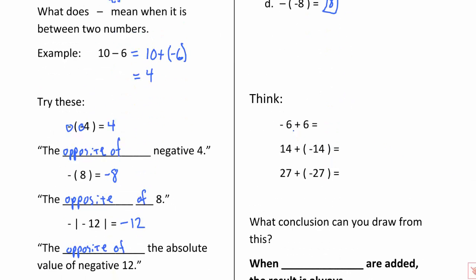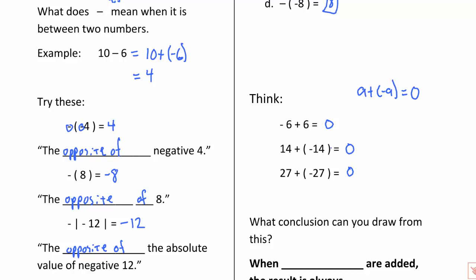Okay. Now let's think about this. What is -6 plus 6? Well, they're opposite signs, so we're going to subtract. So that means 6 minus 6. What's 6 minus 6? 0. Again, 14 plus -14. Opposite signs, subtract, so 14 minus 14 is 0. And then 27 plus -27, again, they're opposite signs, so you subtract. 27 minus 27 is 0. Now, I don't have to worry about any signs here because 0 is unsigned. It's neutral. Also, what this is showing is that property that a plus -a